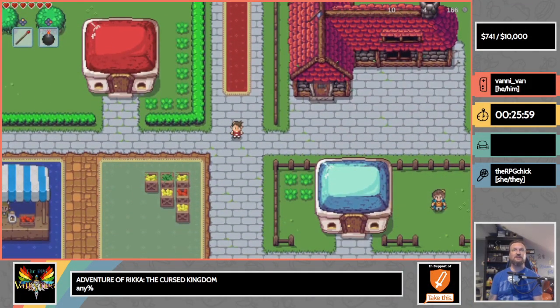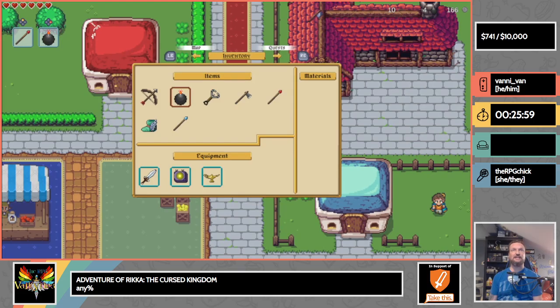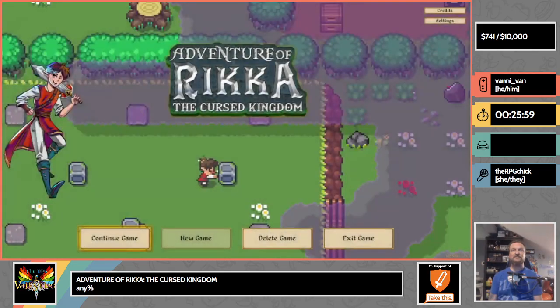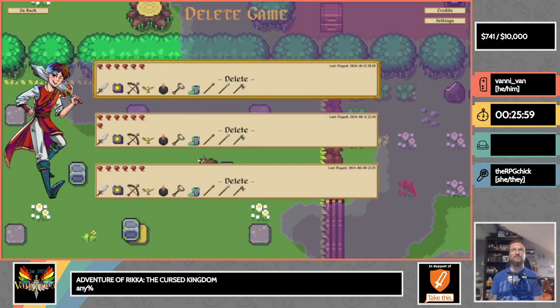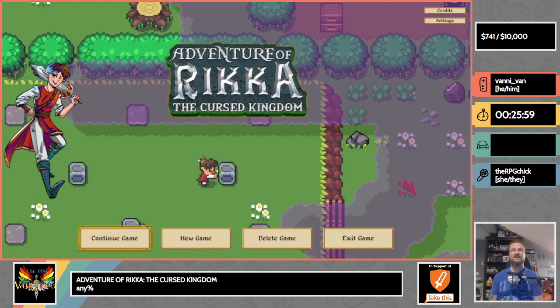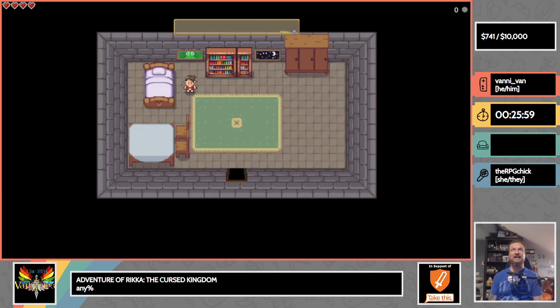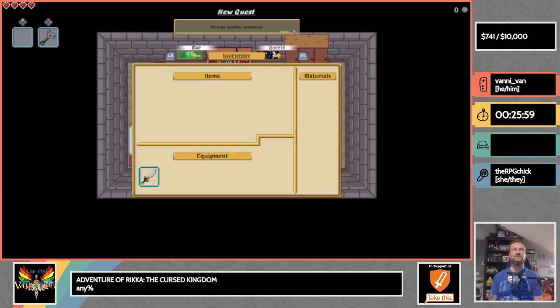But here's what we're going to do. I'm going to go into the menu here, and I'm going to go ahead and equip the, let's do the fire wand, and the hook shot for no particular reason. Okay, there we go. All right, very good. Now let's take us to the menu. Okay, let's go ahead and start a new file. And let's go ahead and say new game. And let's turn the flashes off. And let's go ahead and go to the menu and just...